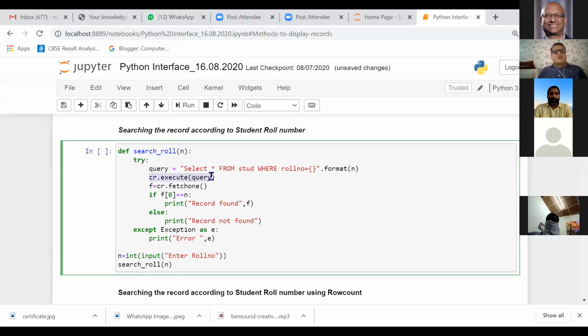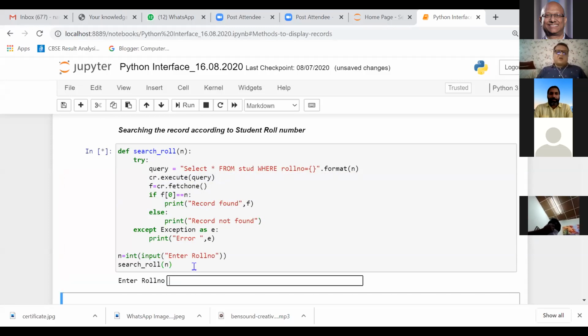Then cr.execute, and because we are getting only one record, I've stored that record using fetch one. If it matches, we can say record found, else we can say record not found. So this is one way to check whether the record is there or not.